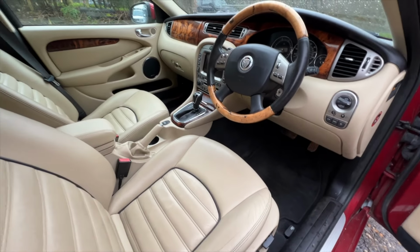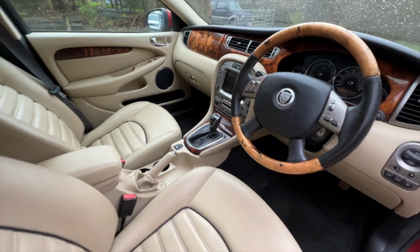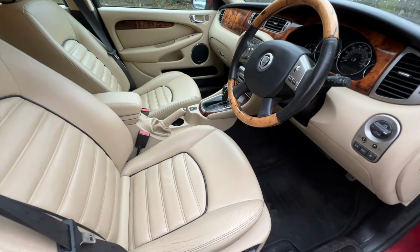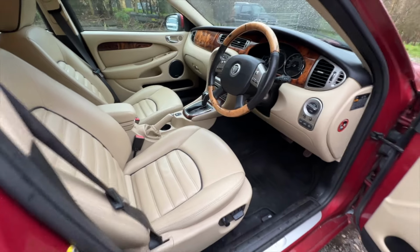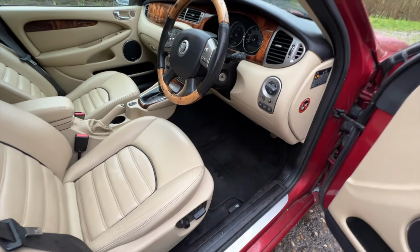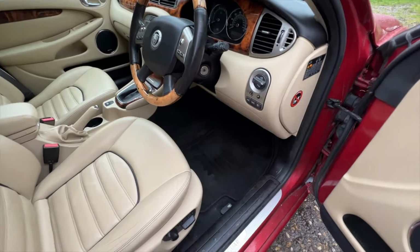I've mentioned it before, but I'll say it again, everything works in terms of all the interior toys and creature comforts. So combined with it being so clean and fresh looking, it's just such a bonus to this car to have such a lovely, lovely interior. Now, the only bit that was really grubby was that mat. You saw me go to town with the airline and everything to try and bring that pile back. That's still slightly damp, so you can see some markings on it,